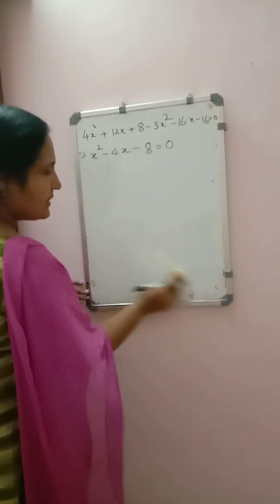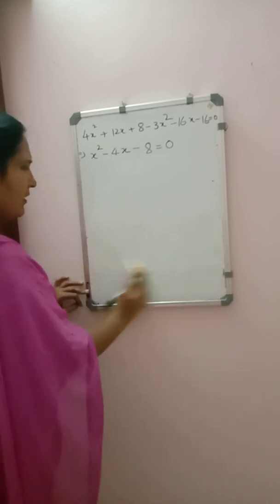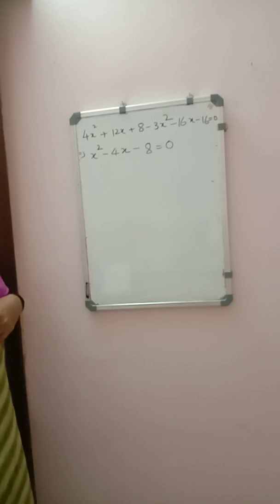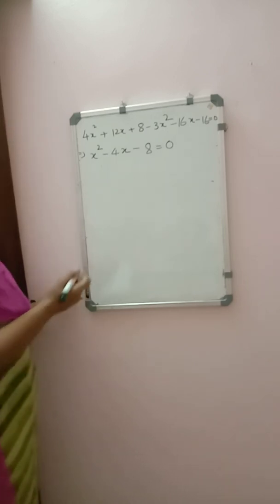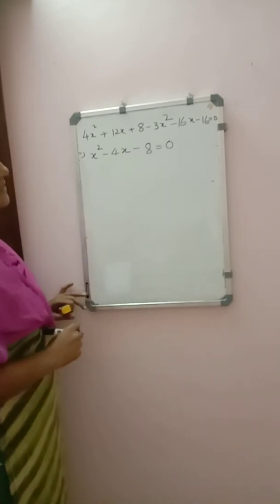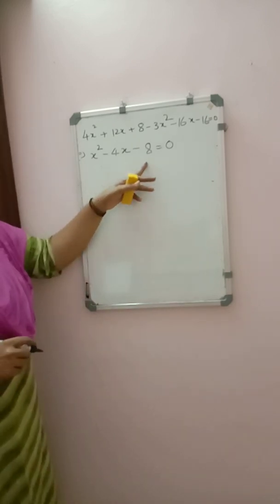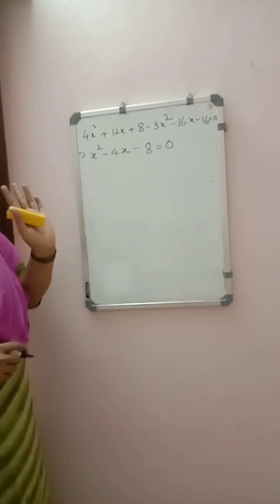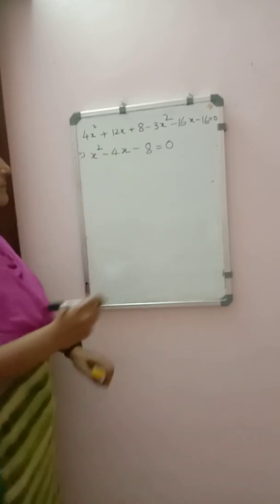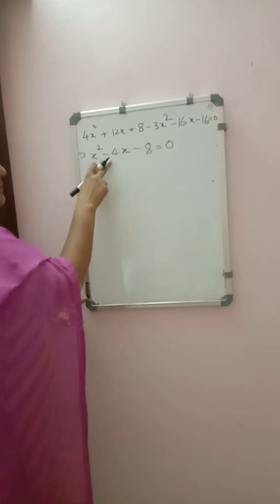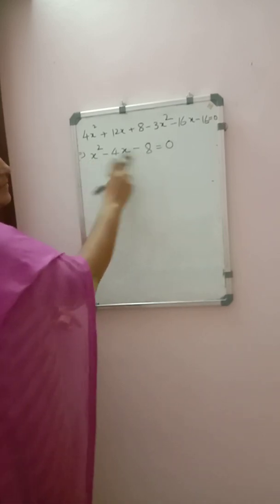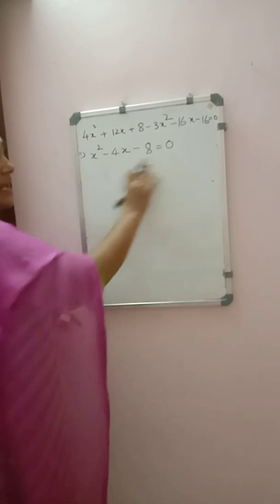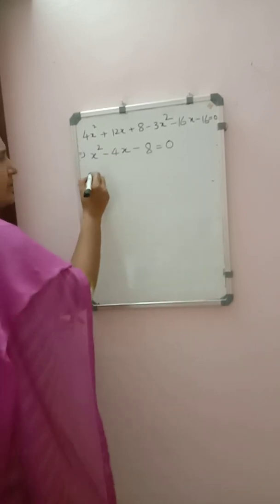So again we can check whether factorization is possible, or if you don't want to use factorization method, simply you can move to quadratic formula. So I think by factorization 8 into 1 not possible, then 4 2s are 8 only, not possible. So we can use quadratic formula. A is equal to 1, B is equal to minus 4, C is equal to minus 8. Already we have to solve so much, that's why again and again I am not writing the value. Directly we can use the formula.